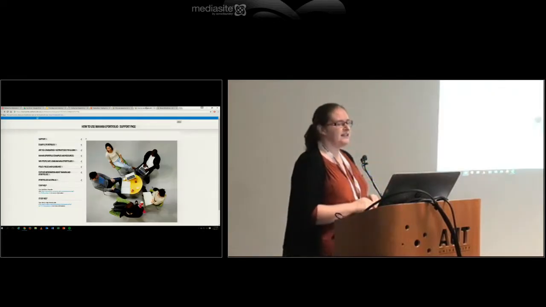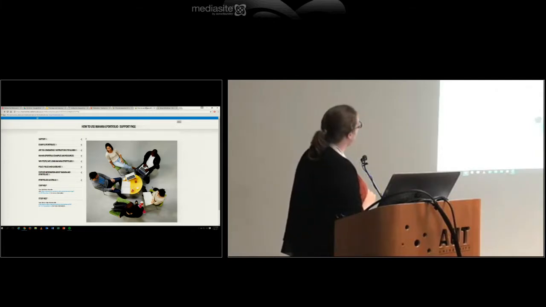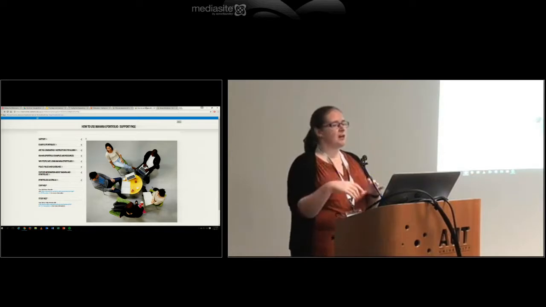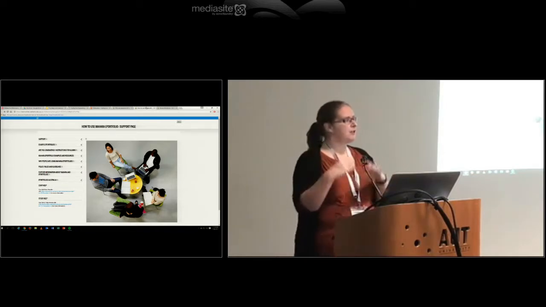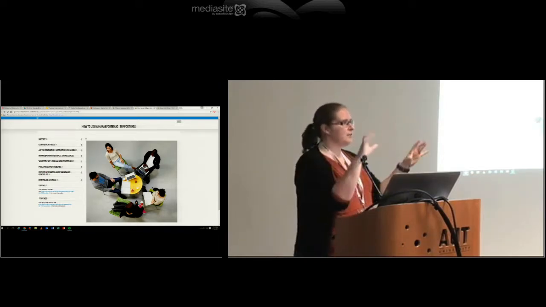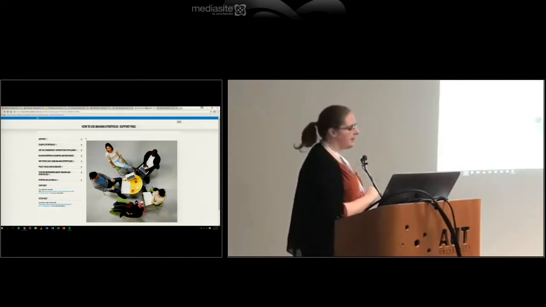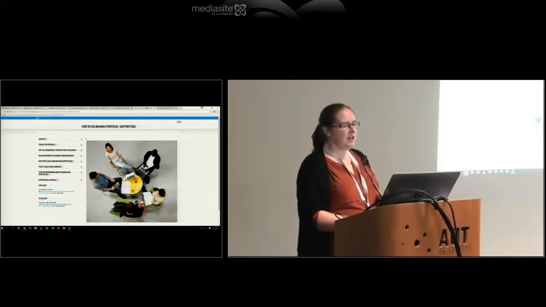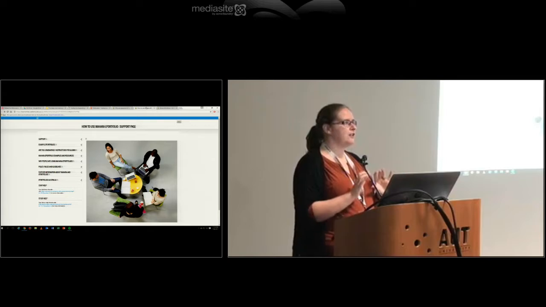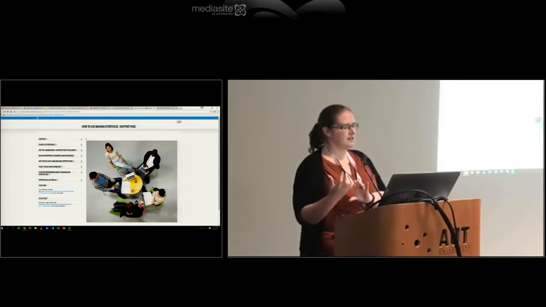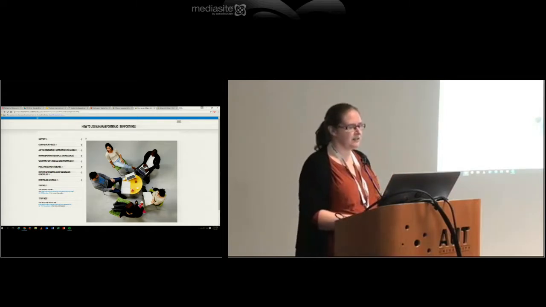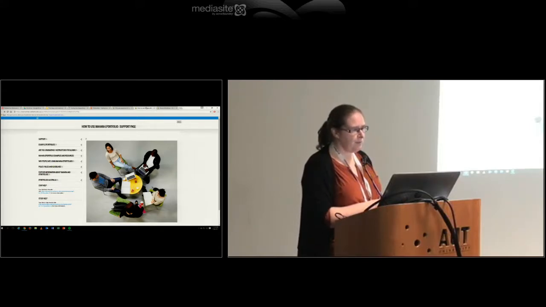So this is the page in Mahara, which you can get to when you're logged into Mahara. This page is actually public, but when you're logged into Mahara, on your dashboard you have a little button that says support. So it'll take you to this page, and this speaks to staff and students, so they know where to go to get further help in the LMS, the dedicated pages in the LMS, but also has information about